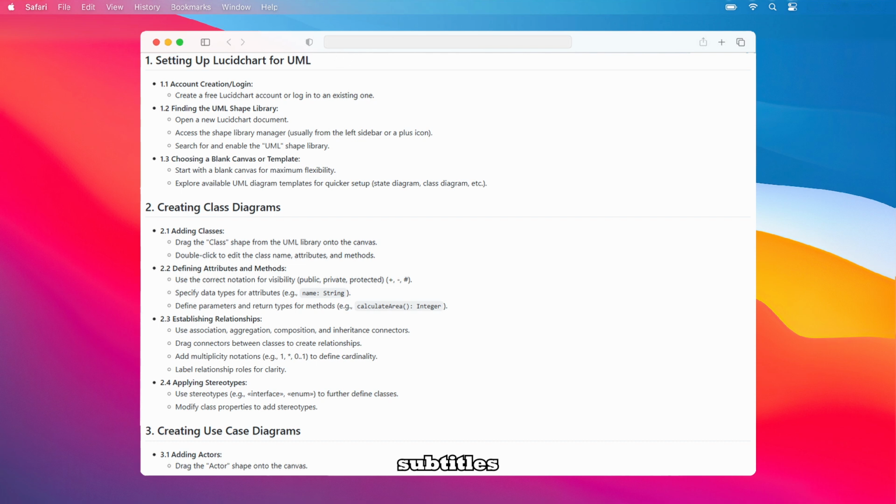Now, let's explore creating class diagrams. Drag the class shape from the UML library onto your canvas. Double-click the shape to edit the class name, attributes, and methods. When defining attributes and methods, use the correct notation to indicate visibility, like plus signs for public, minus signs for private, and hashtags for protected. Be sure to specify data types for attributes, such as name, string, and define parameters and return types for methods,